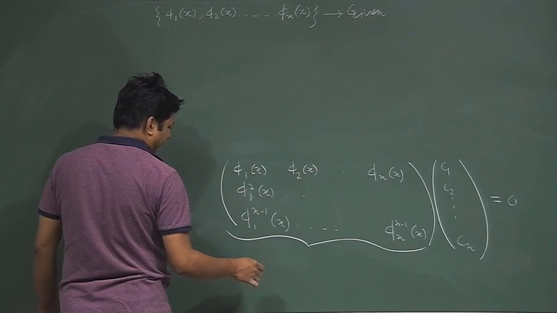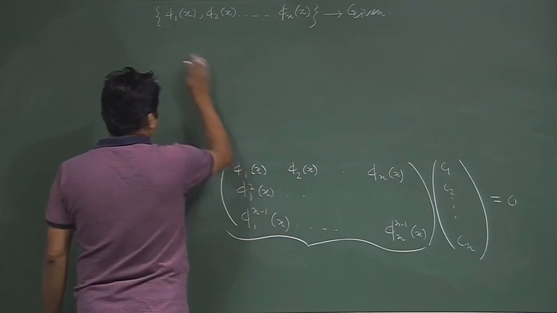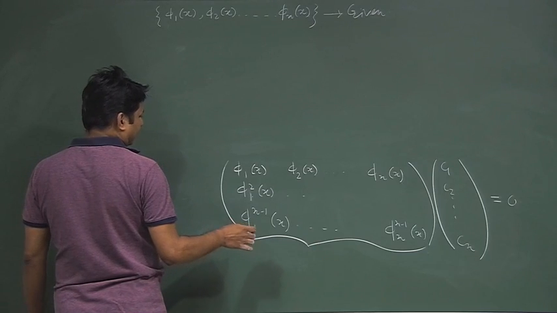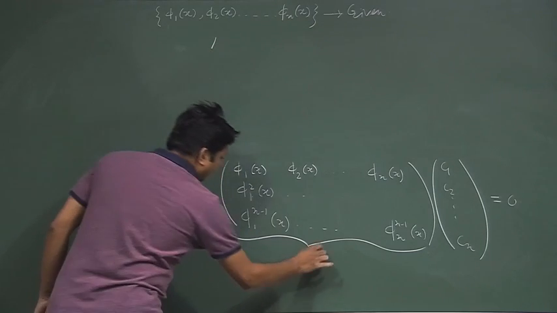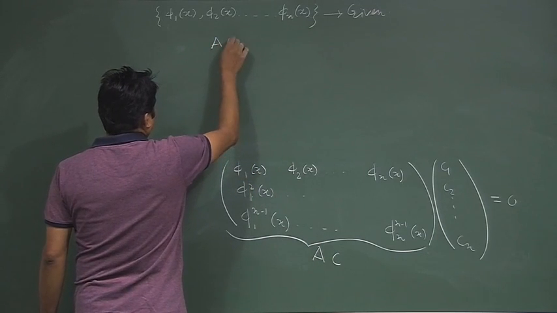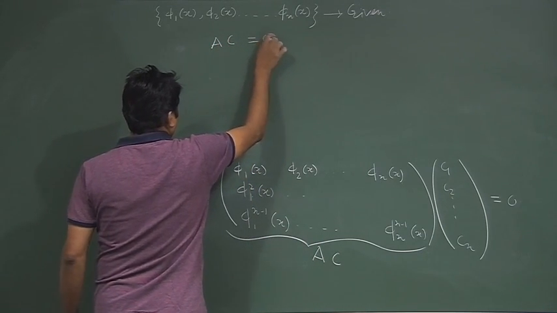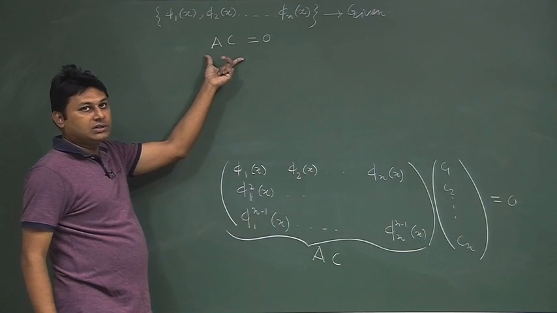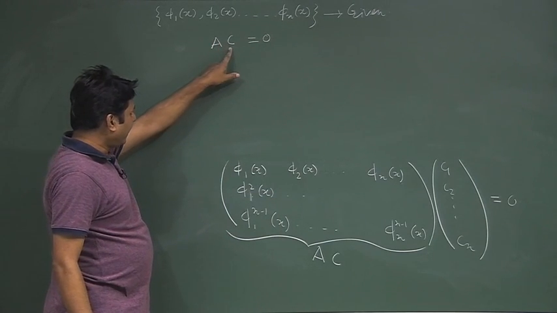Let me write it once again. This is A and this is C. So, A times C is equal to 0, this is the matrix form equation, and in order to find the non-trivial solutions,